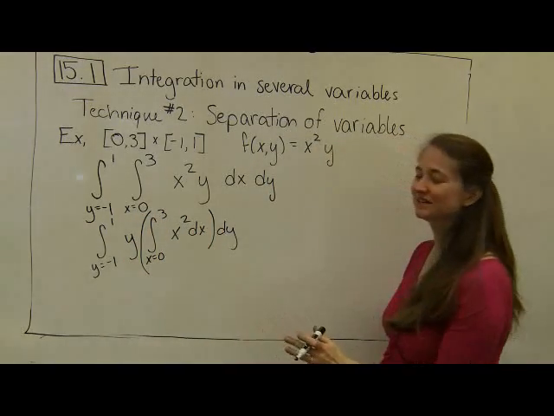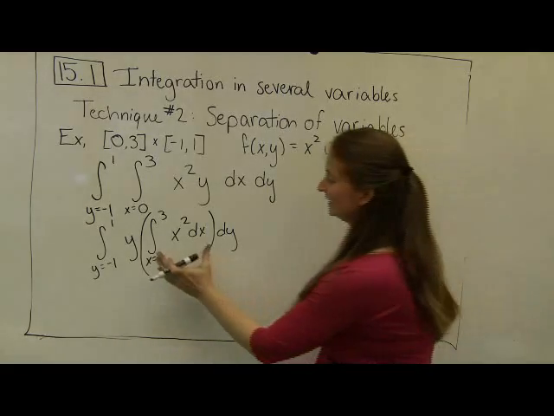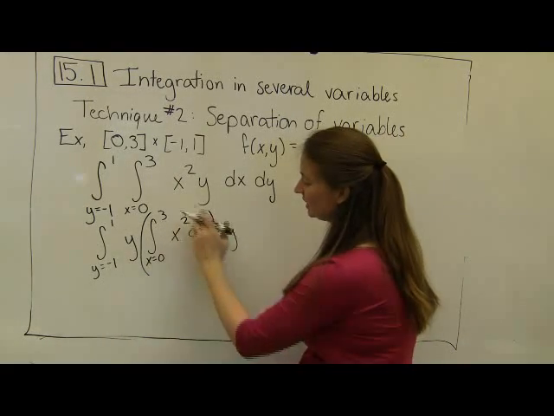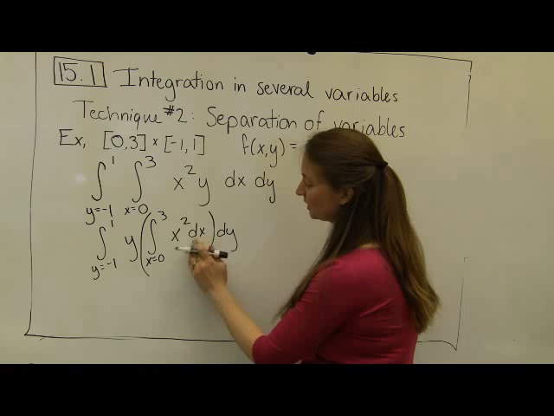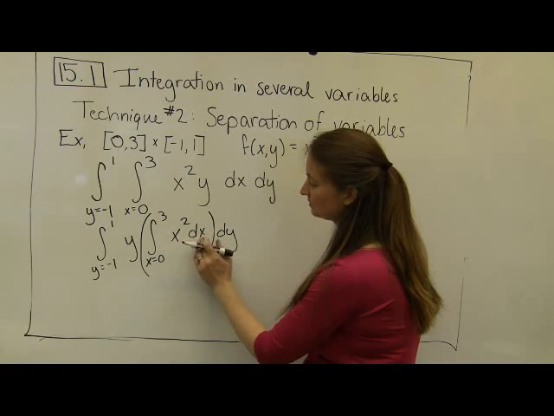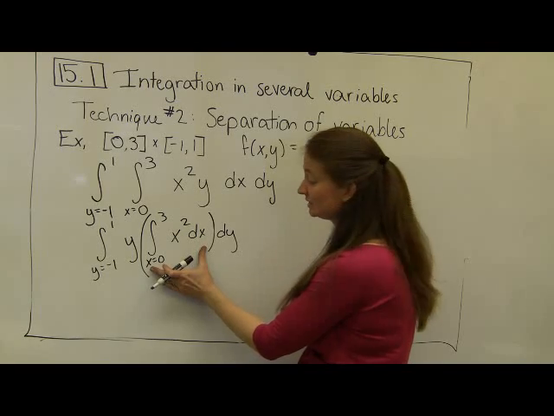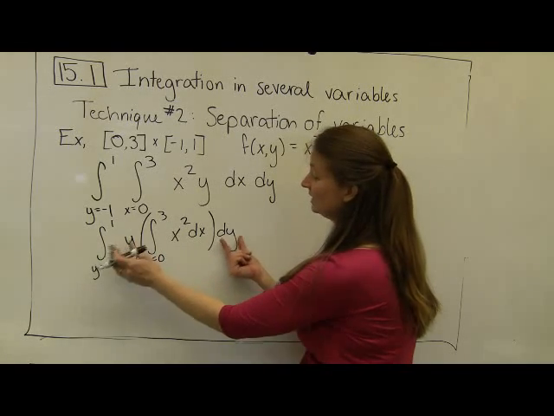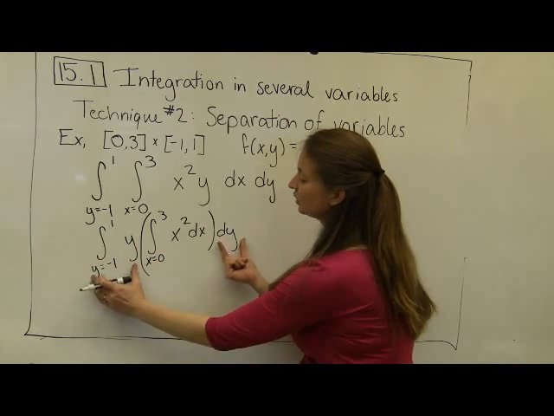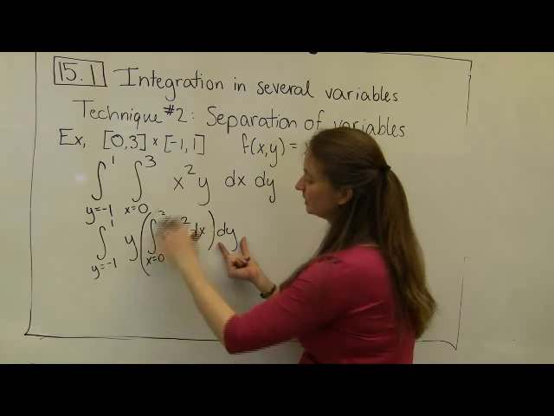And notice, this is where it gets a little more abstract. Now this interior chunk here, I only have x's, right? I'm integrating with respect to x, but all of my variables in this chunk are all x's. And x's we treat as constants when we integrate with respect to y. So if I were thinking of doing this outer integral, it doesn't really matter what number comes out of this